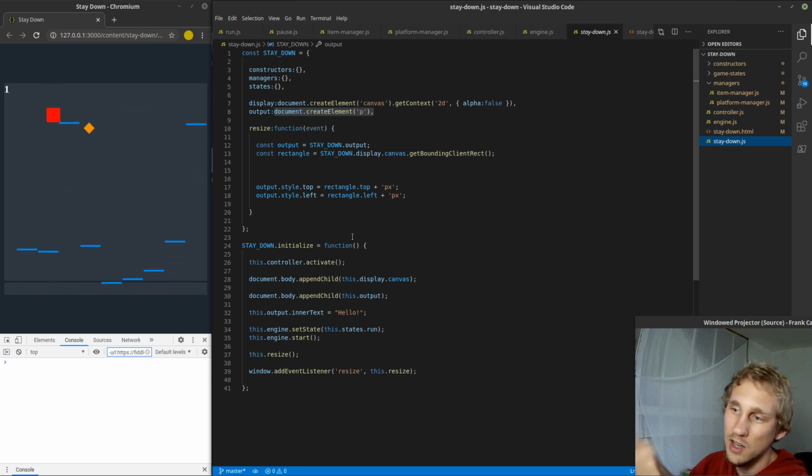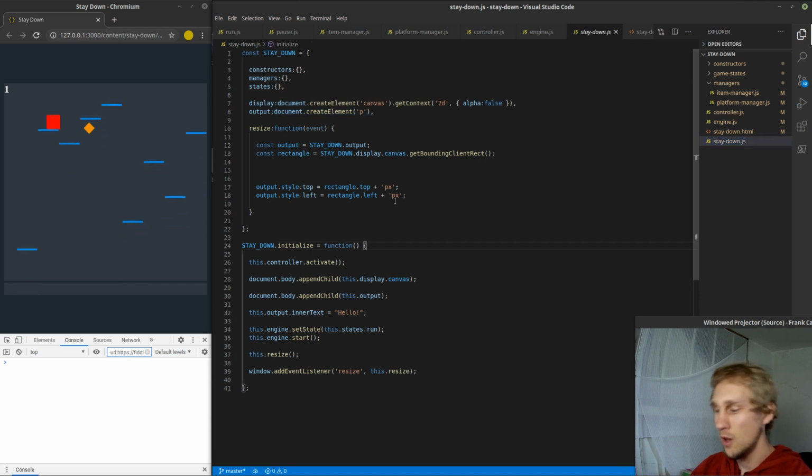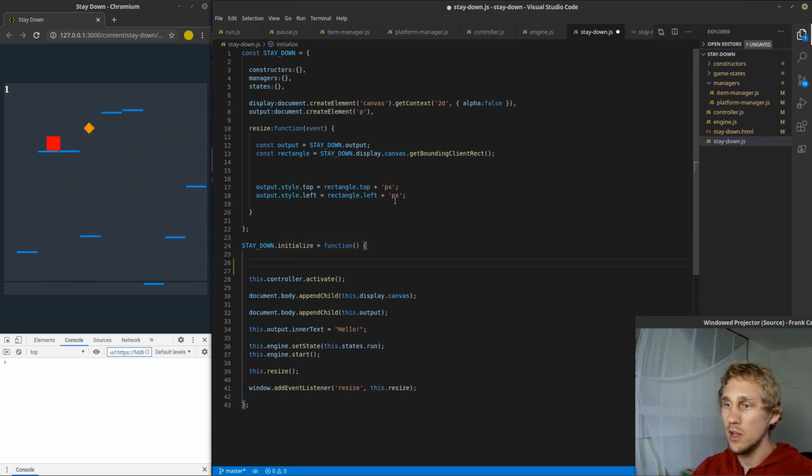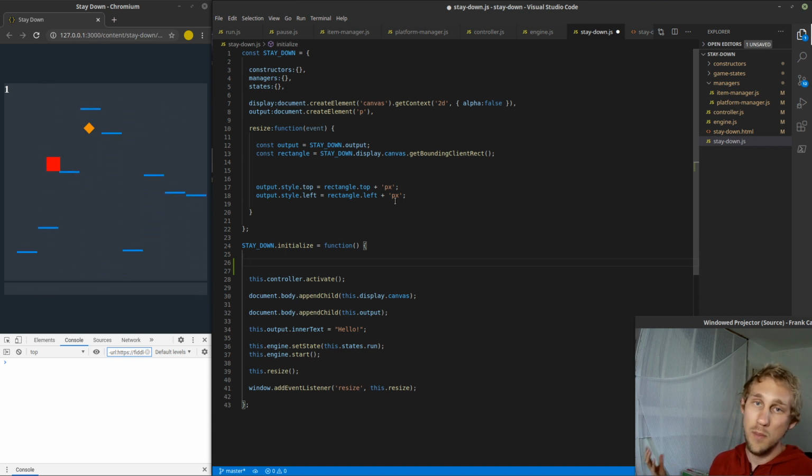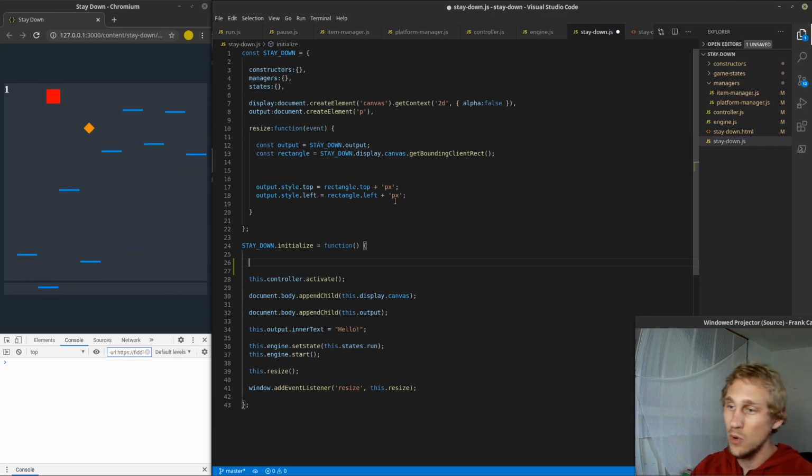So inside of the initialize function of the stay down object, I'm using a lot of the this keyword, and I don't like the way it looks. It just looks messy to me. So if you don't feel like typing this dot in front of all of your privileged properties and methods, I don't know if that's what it's called, but all of the properties and methods on the object that you're writing code for, if you're referencing it, you're going to use this keyword. So if you don't want to do that, just do const, let's see, we've got